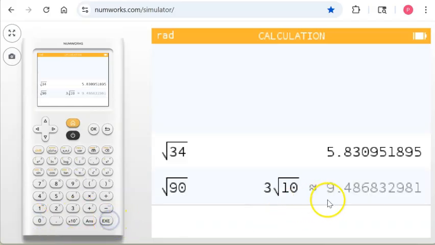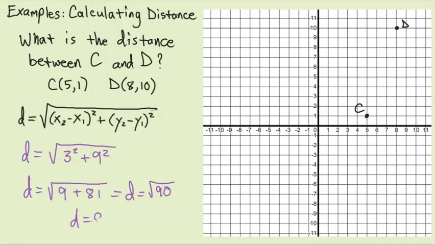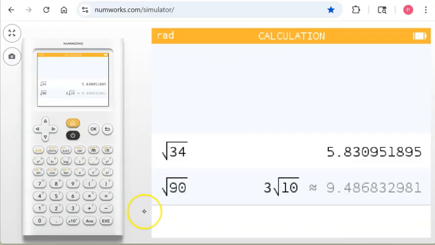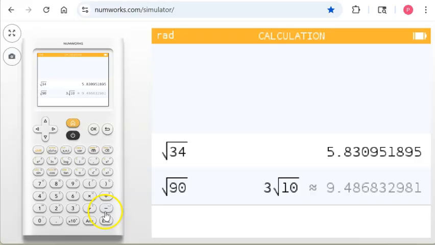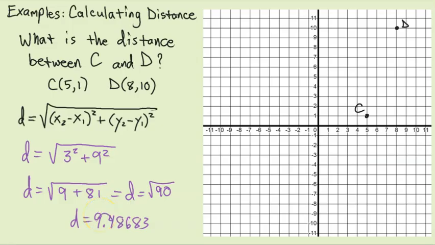Square root of 90 is 9.48683. Okay, and I would probably put the answer in as 9.487 or 9.486 would probably be fine too. When you just cut off a number, the rest of the numbers, that's called truncating, and that's just fine in a lot of cases. Okay, let's do maybe one more example of this